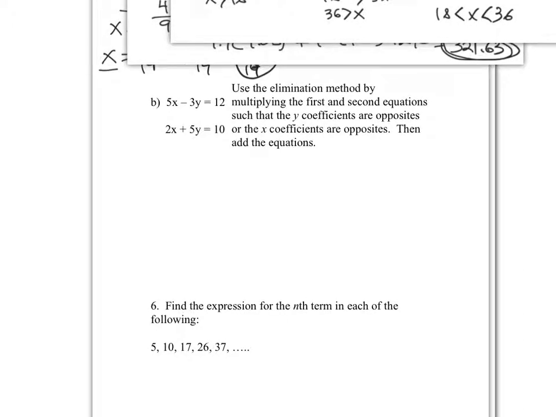And here, and you may find this easier, we say we want to take these two equations and we want to multiply one or both equations by whatever it is we need to do in order to be able to eliminate one of the variables. So in this case, since we have a negative 3y and a positive 5y, we know that if we multiply the top equation by 5, so we have 5 times 5x minus 3y is equal to 12. And the second equation by 3, so 3 times 2x plus 5y